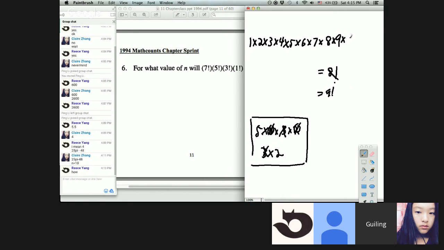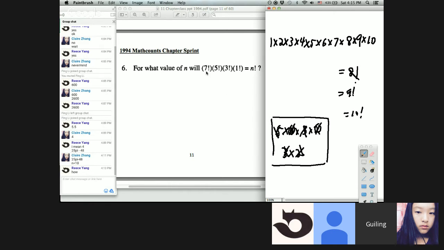And then we multiply it by 10, so it becomes 10 to the factorial, and then we take 10 away from here. So that's 5 times 2. So basically, if it has a problem like this, you take its largest factorial, which is 7, and then you build onto that. So since this already has a 7 factorial, we're going to try to aim, we'll let n